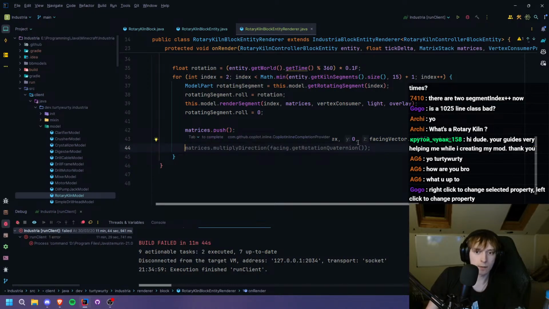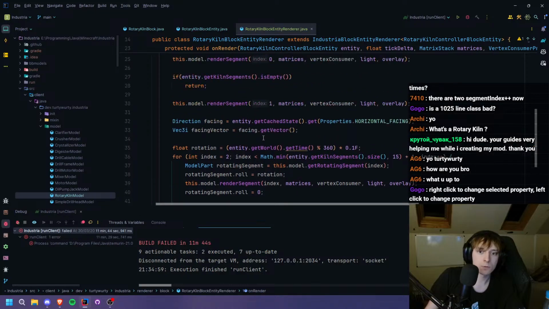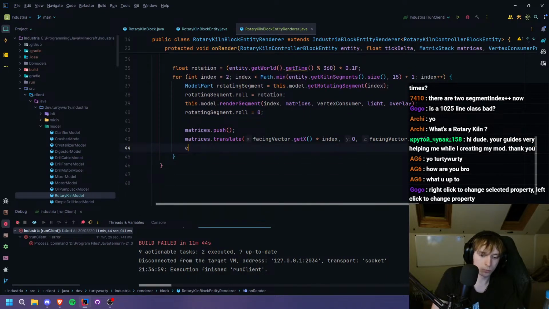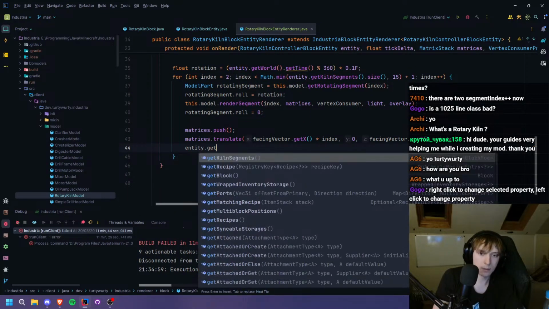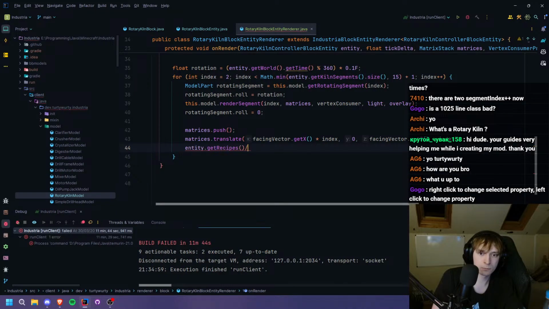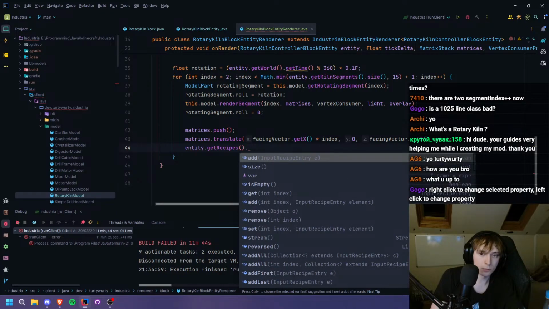I don't need to do that. That's fine. Instead, what I need to do is I need to just render the item that's there. So I'm going to do entity get recipes dot